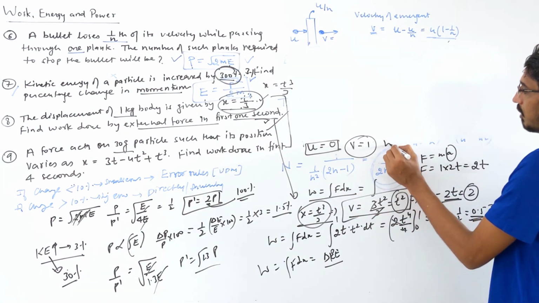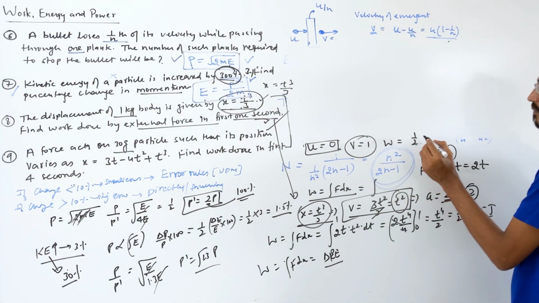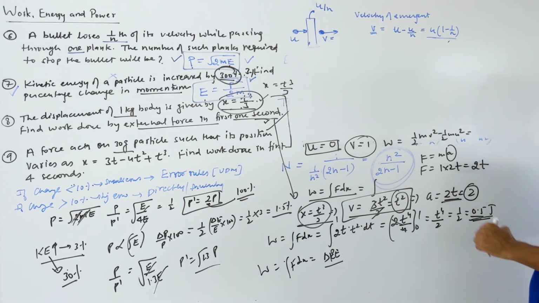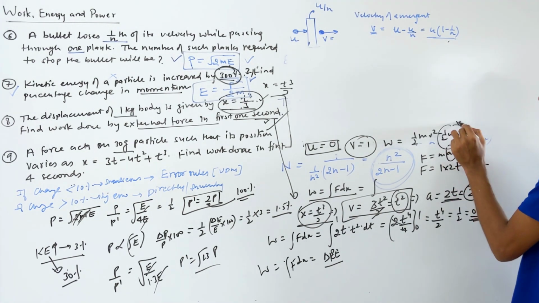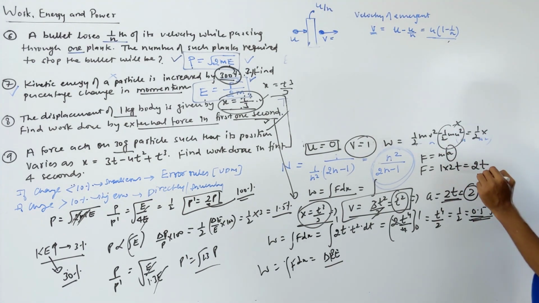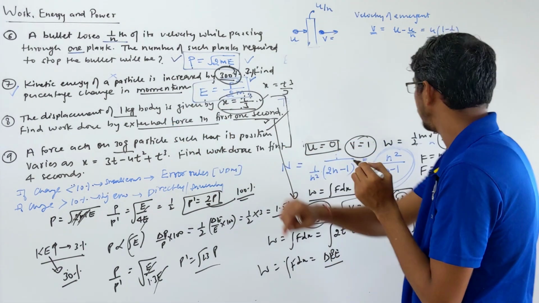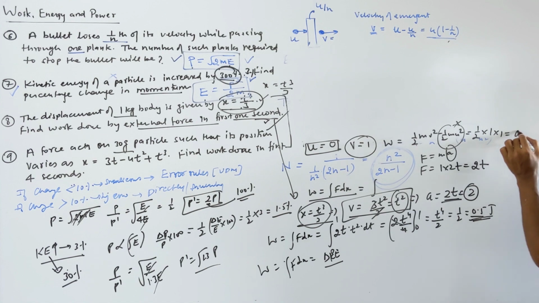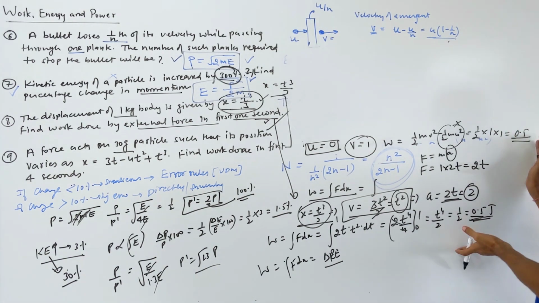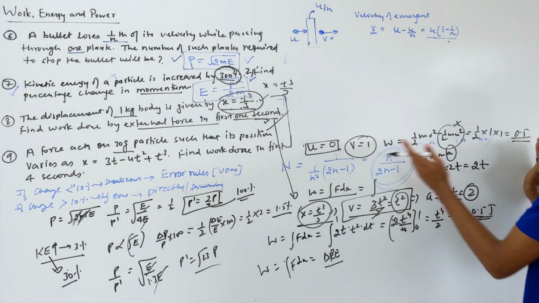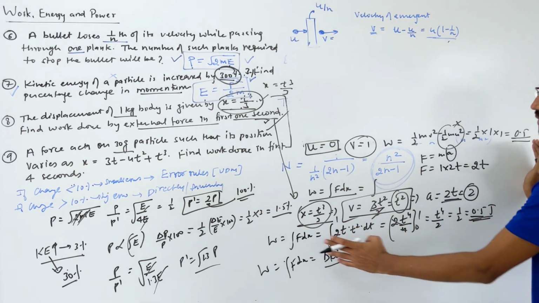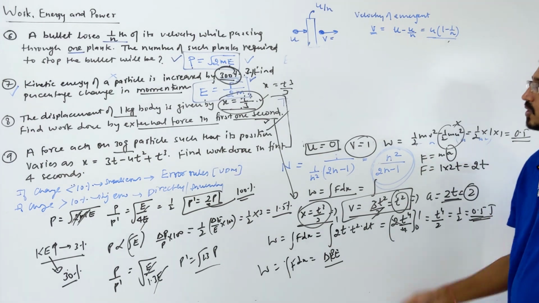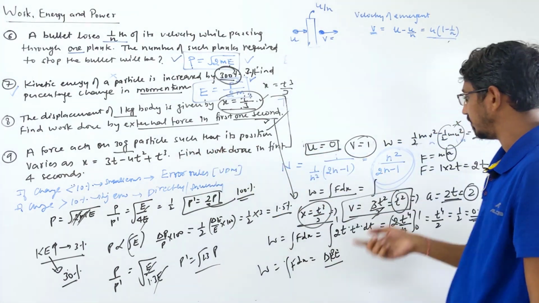Now work done is simply equal to the change in kinetic energy, which means half m v square minus half m u square, right? Initial velocity is 0, so that term is directly 0. Half, mass is given as 1 kg, into velocity 1, so that becomes 1 by 2, which means 0.5 joule. So this method or that method, your choice. This is using the work energy theorem, and this is using the force and work relation. If you find integration difficult, then this is easier. So for similar questions, let's do it by this method.